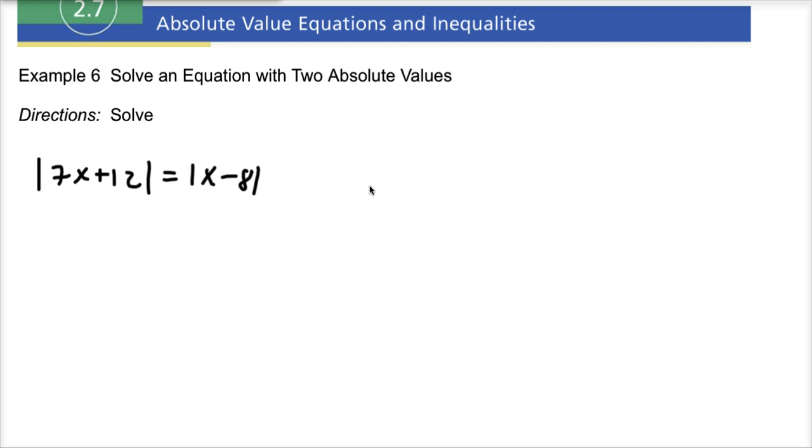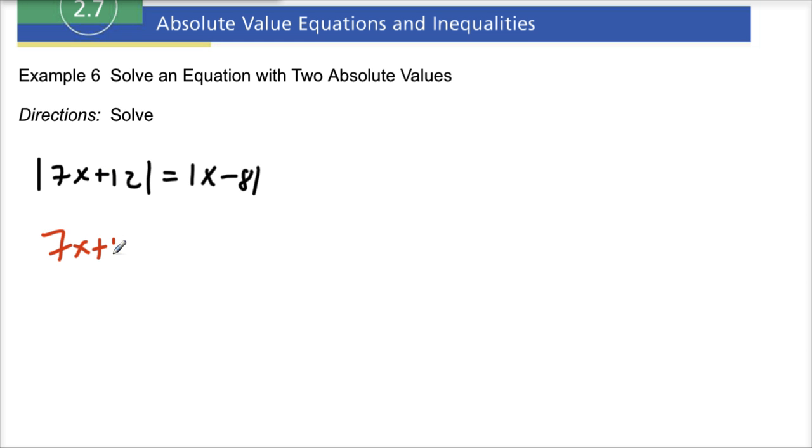All right, so check this guy out now, because this guy has a little bit of a twist, and that is that we're going to solve an absolute value equation that has two absolute values, one on each side. Oh, snappers. So check this out. The way that this works is when you have two absolute values, both the left and the right side, and they're both isolated, then the way that you would start this is we're going to write